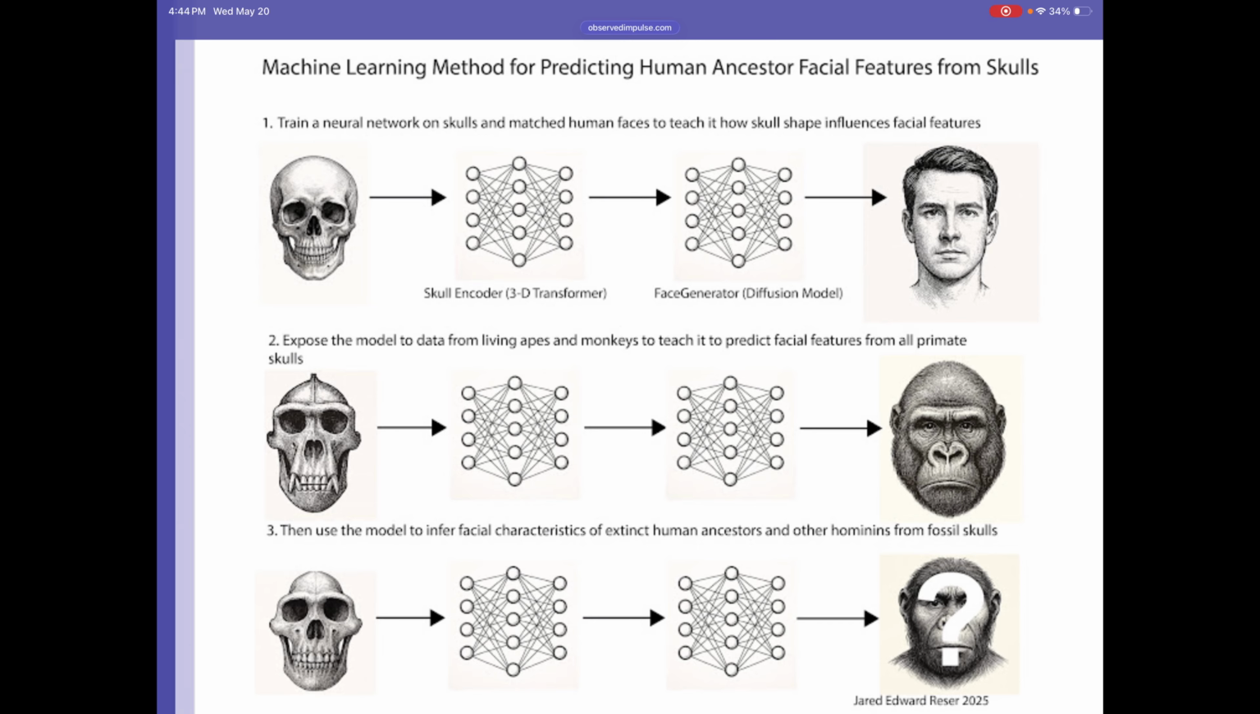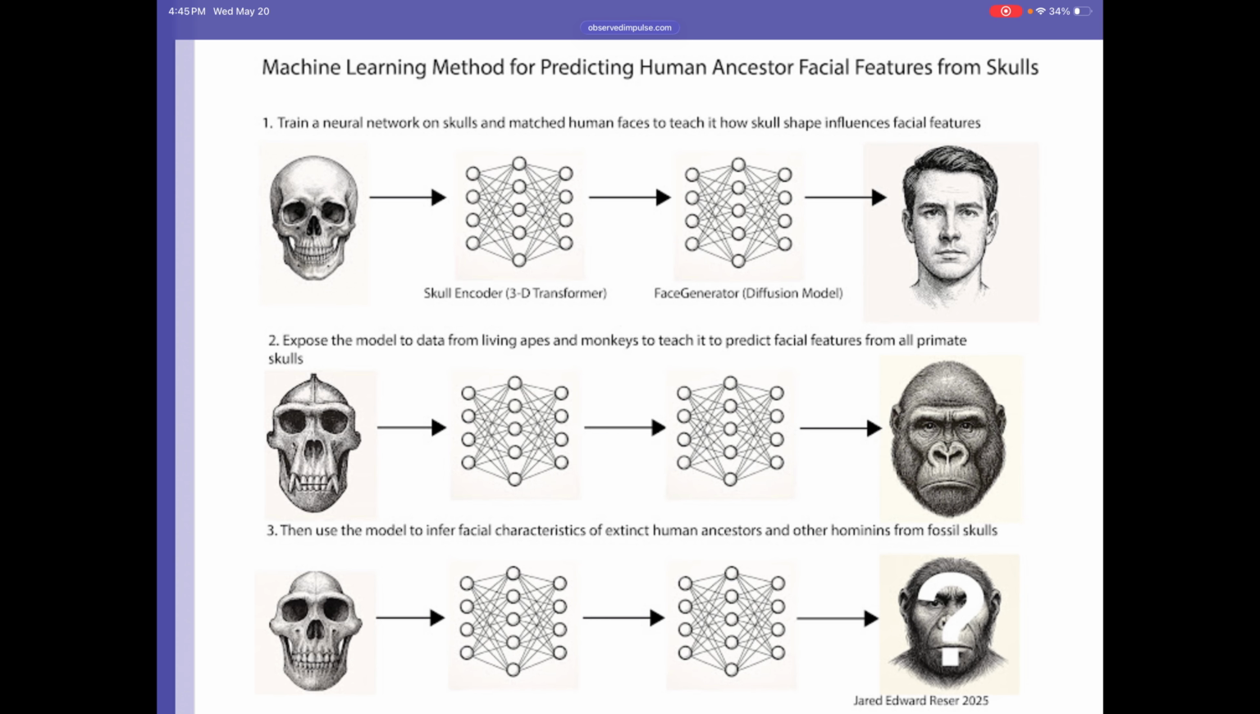So first you show it human skulls and it learns how skulls map onto human facial features by looking at real pictures of real people, and scans of their skulls or measurements of their skulls, pictures of their skulls. There's a number of ways you could do it. Two is expose the model to data from living apes and monkeys to teach it to predict facial features from all primate skulls. So it's going to be looking at everything from capuchins to gorillas. And this will be the same neural networks that looked at the people, right? And then number three is use the model to infer facial characteristics of extinct human ancestors and other hominins